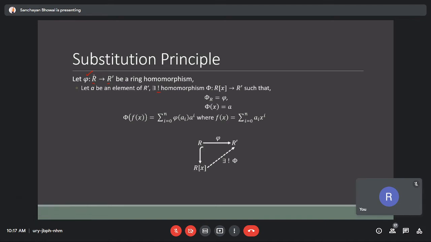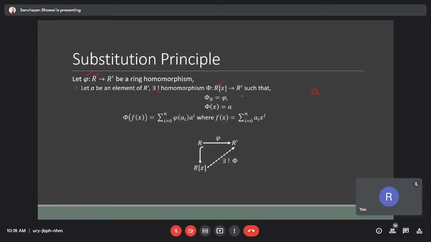Notice that R is sitting inside Rx. Why is that? Because if I take, let's say, A from R, that is also a polynomial, like a constant polynomial. So when it is restricted to R, I get pi, and